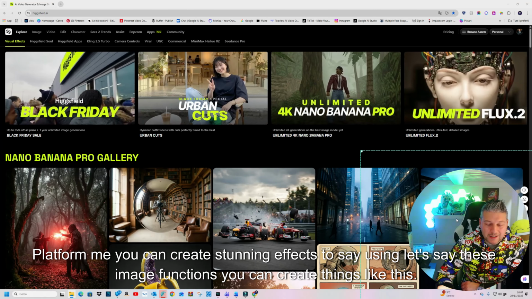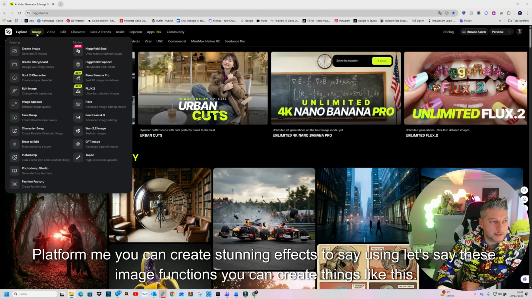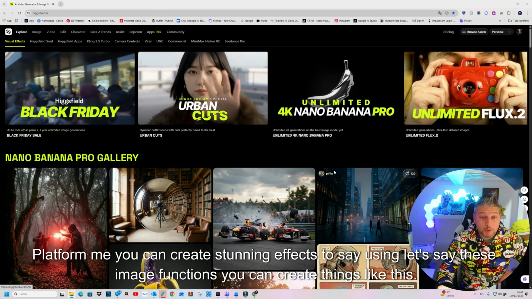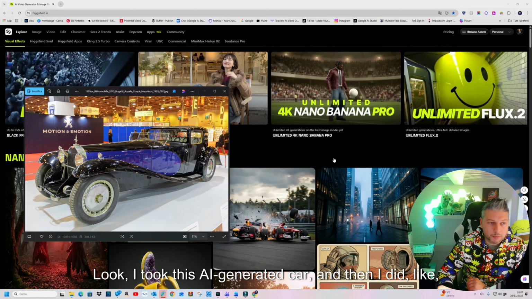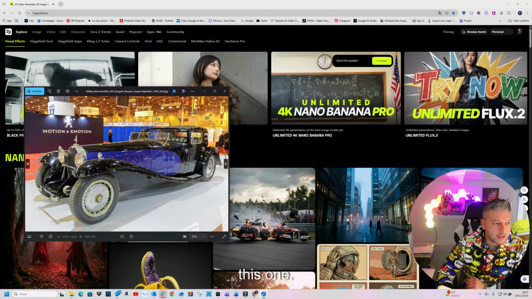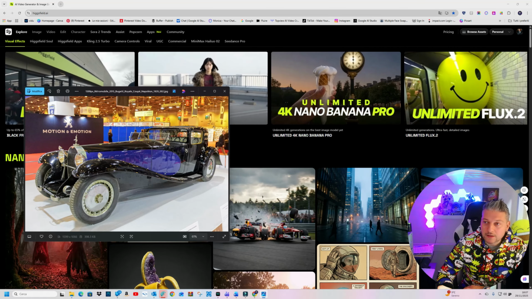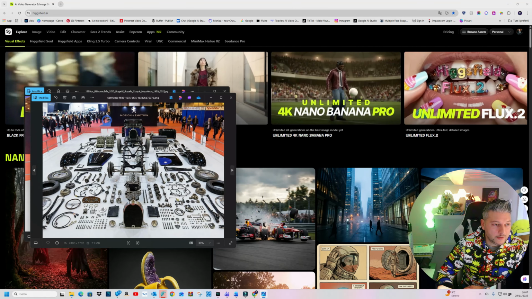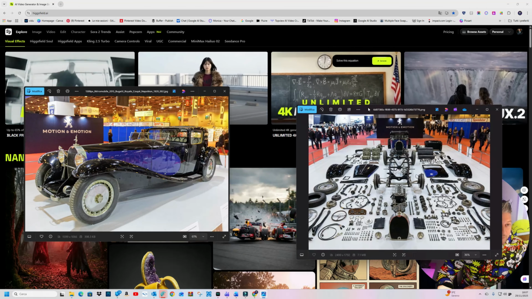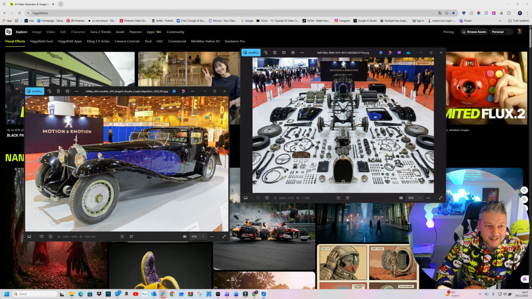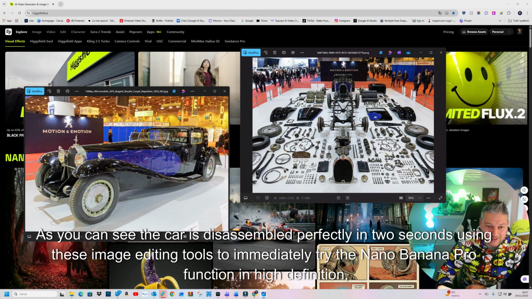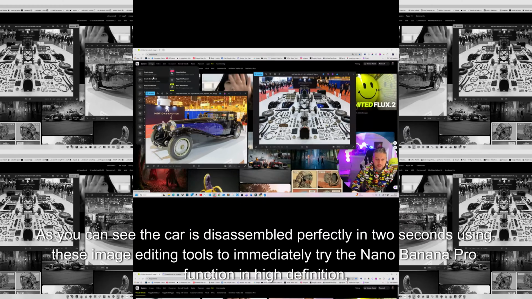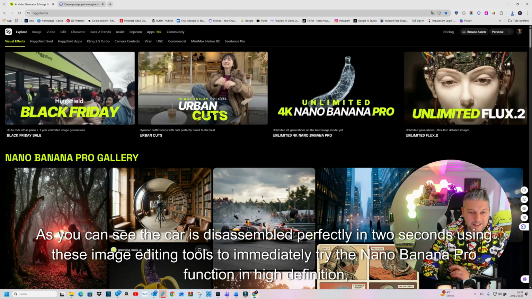On the platform you can create stunning effects using these image functions. You can create things like this. Look, I took this AI generated car and then I did this. As you can see, the car is disassembled perfectly in 2 seconds using these image editing tools. To immediately try the Nano Banana Pro function